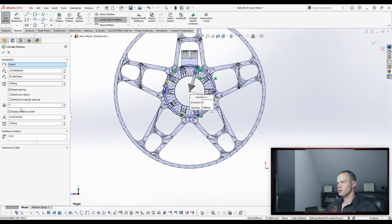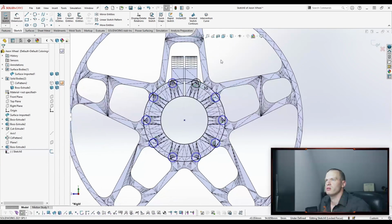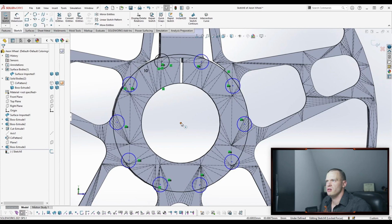There we go. And we want to, what is it? It's like 8 of them or something. 6 of them. 10. So you can do 10, right? And we say, okay, well, ta-da, we did it. We now have 10 of those little lug things. Now,